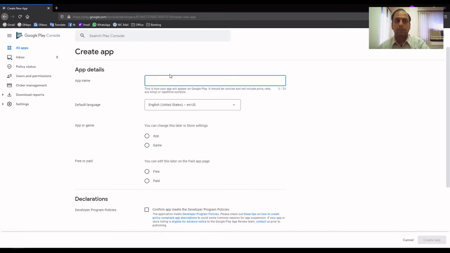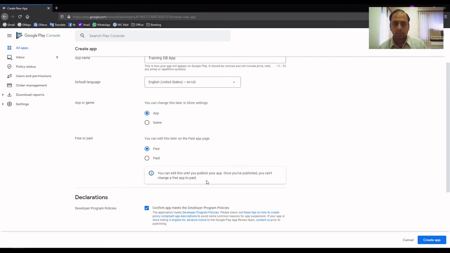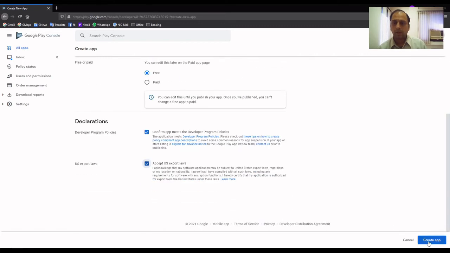First is the app name. Training DB app, this is the name which will be shown to the Android user in the app drawer. This is the default language, whether it is an app or a game, and whether it is free or paid. Then the declarations: check all the declarations, accept all the terms of agreement, and click on create app.